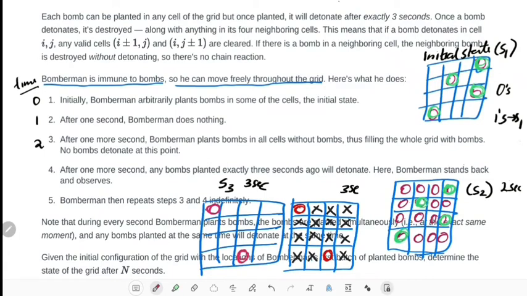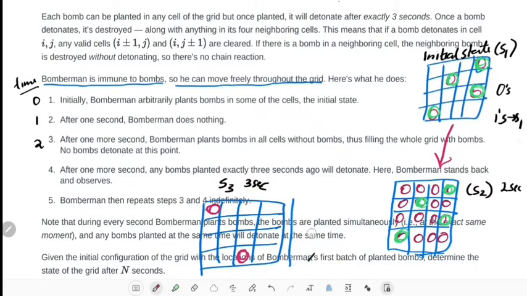Okay, this will be our new state. So this is at 0 seconds and 1 second, this is at 2 seconds, and let me remove this. This is at 3 seconds.